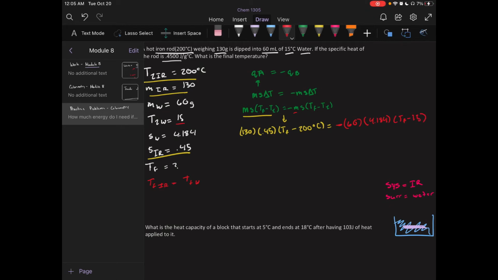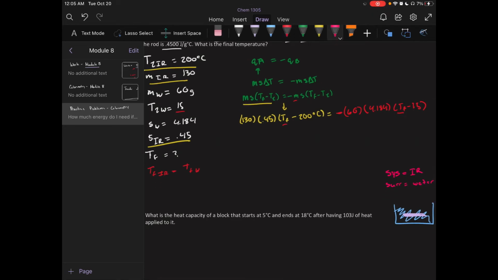So from here, what we need to do is isolate the TF, or the temperature final, and by doing that, we need to distribute and then isolate. So this is just algebra at this point. Remember that if we are going to do this, we are going to be multiplying these together and then distributing. So it's going to look something like